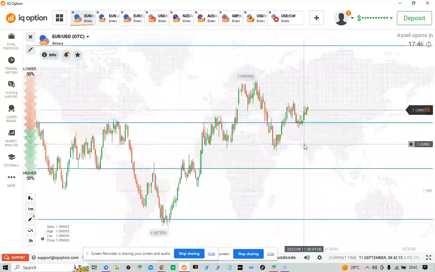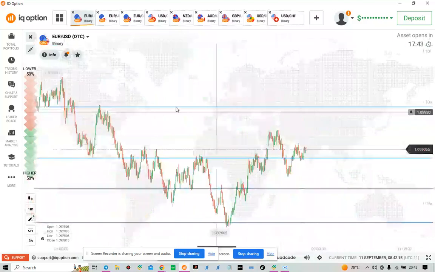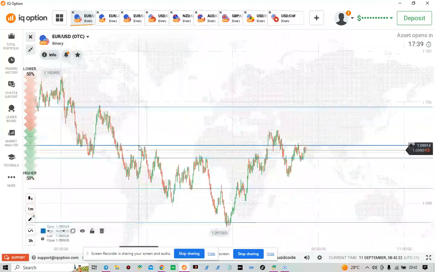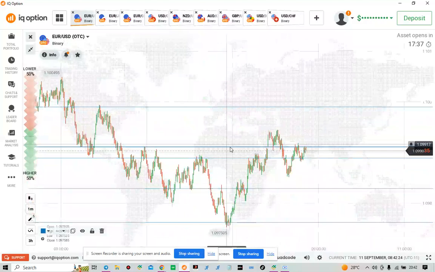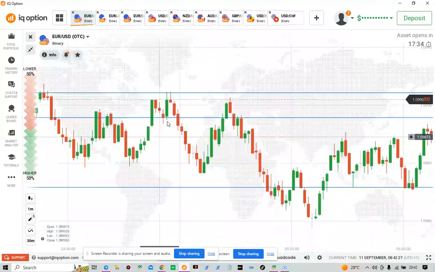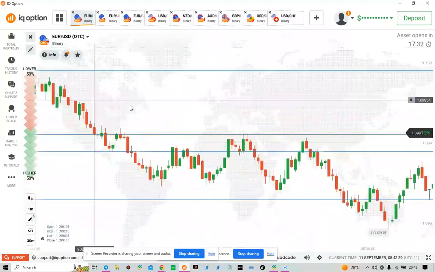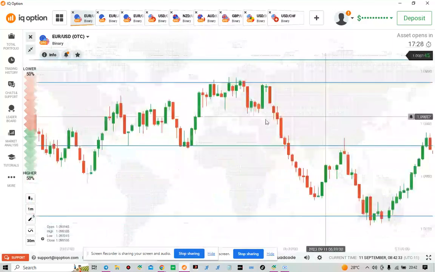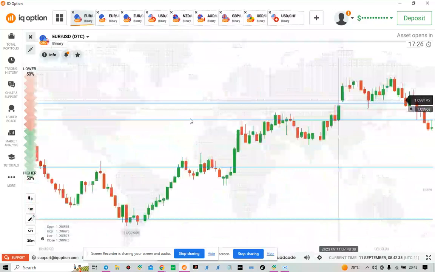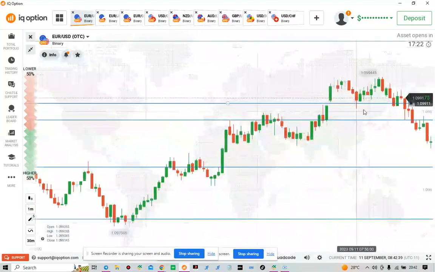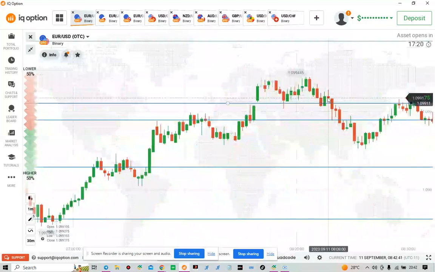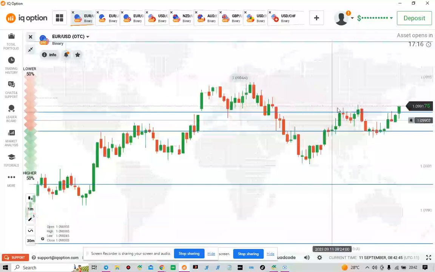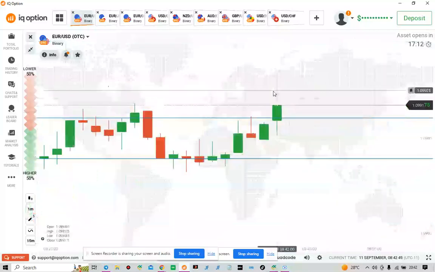And there's another resistance somewhere around here. See this resistance, and this resistance. So that resistance has been violated, it became a support, also became a support, and then the price again came down, violated the support, it became a resistance, it became a resistance. Now, do you see that this price,